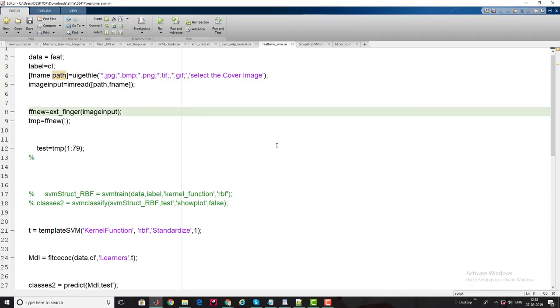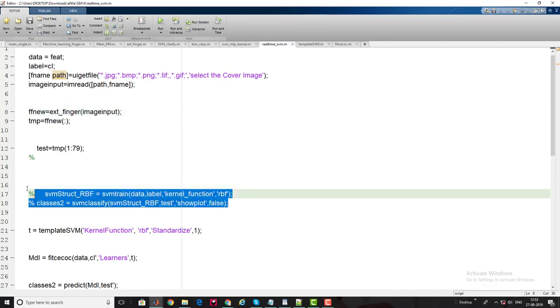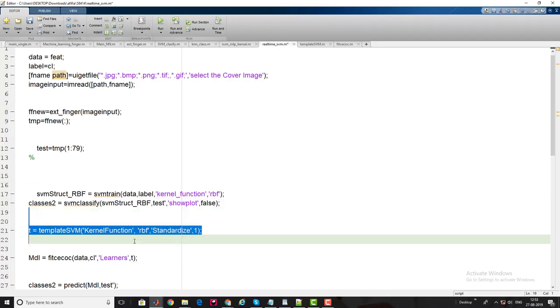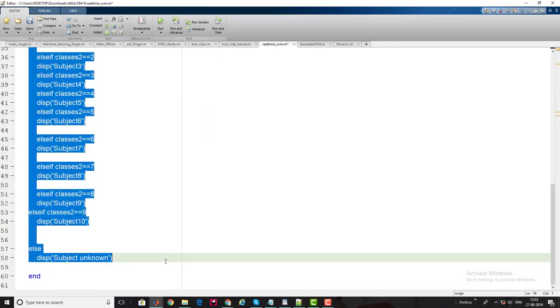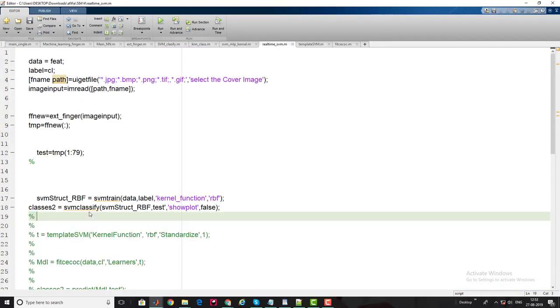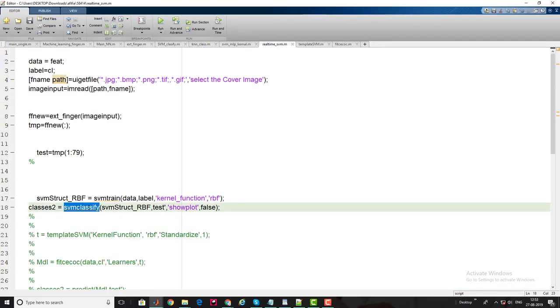This part will fall under multi-class classification of the support vector machine system, and MATLAB does not support multi-class classification for support vector machine directly. So let's see what happens when I try to do it, and then we will see how we can build our multi-class classification system with a support vector machine and make a real-time application of fingerprint recognition.